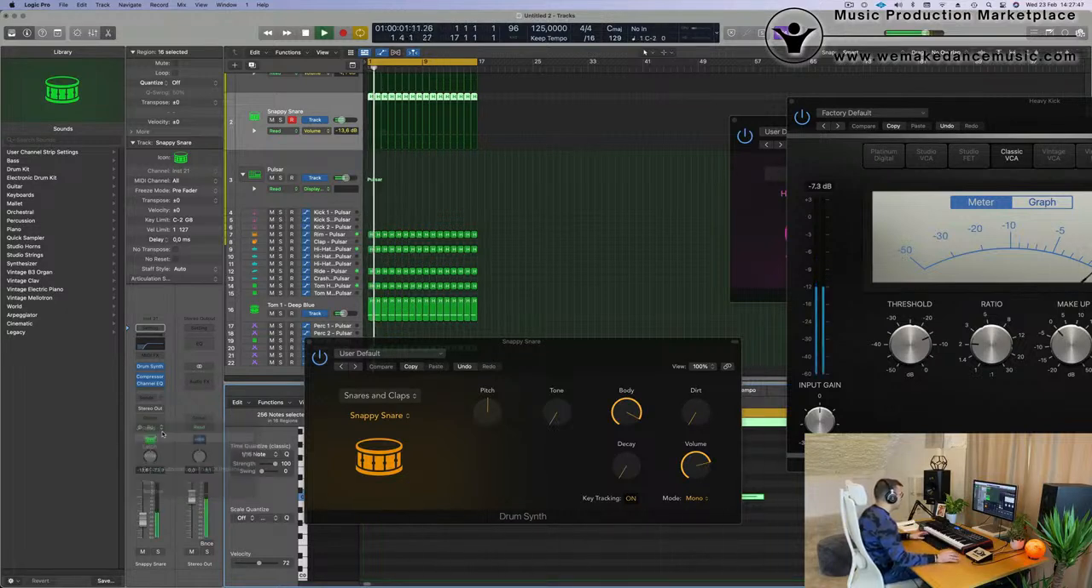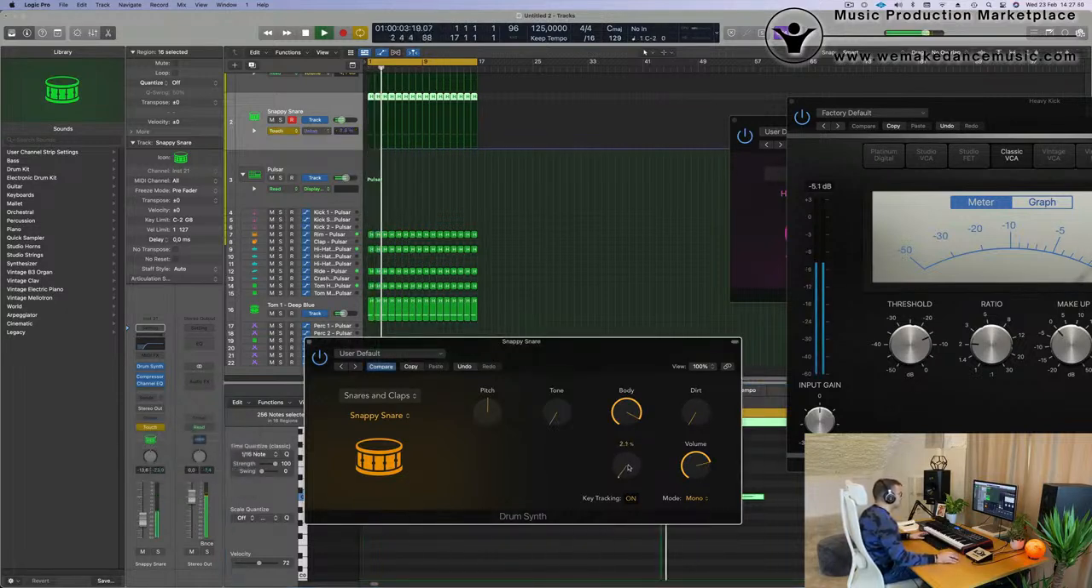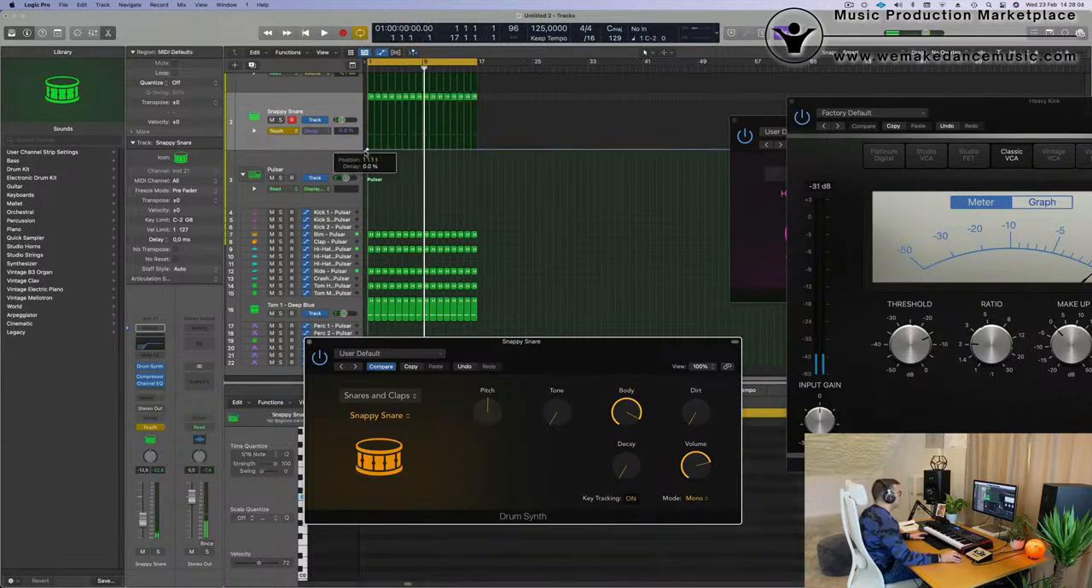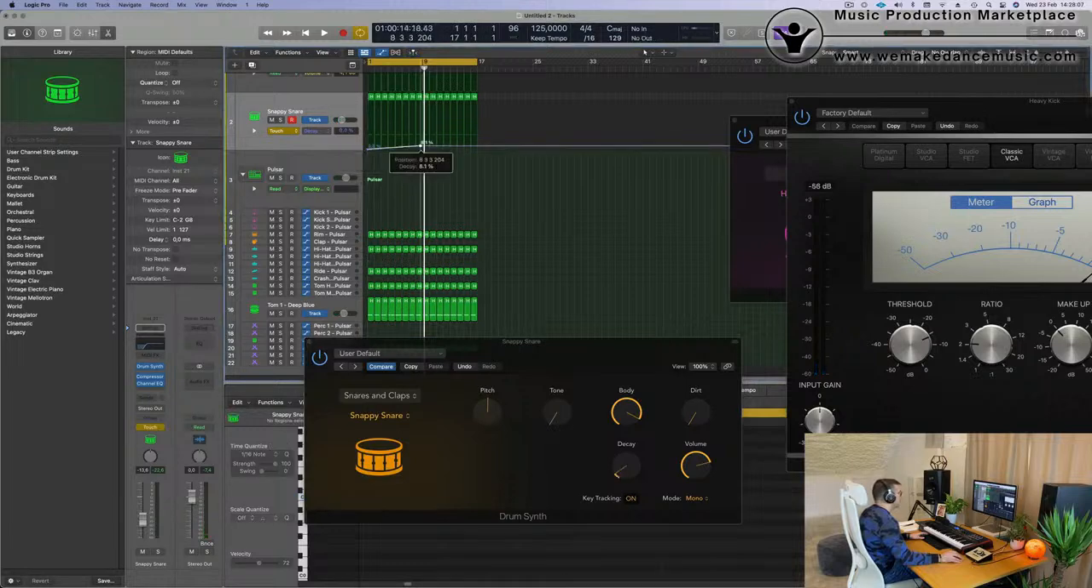So I'm gonna put it on touch, open. Until it becomes pretty much only noise. Like this. So I think this is